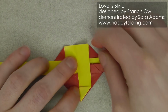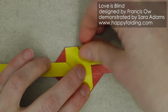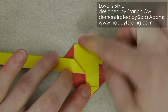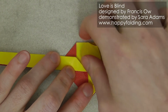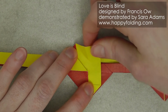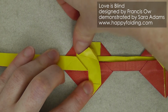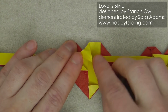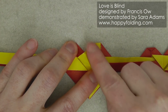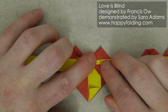And now we need to repeat the steps on this side. First we folded in this small section, then we took that edge and folded it over here, opening up this paper as we did that. And as we started to flatten this paper down, like that, we could also fold over this section to again align edge with edge